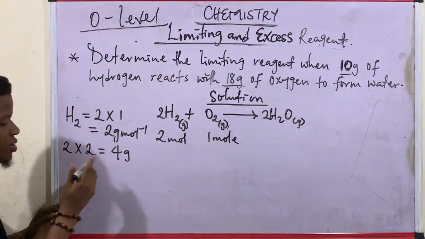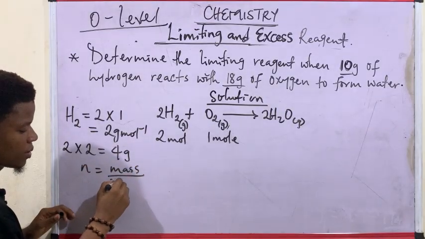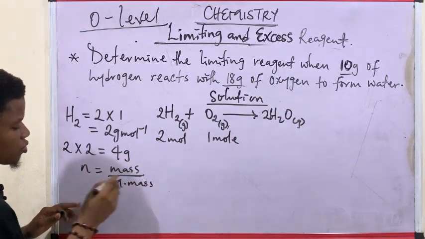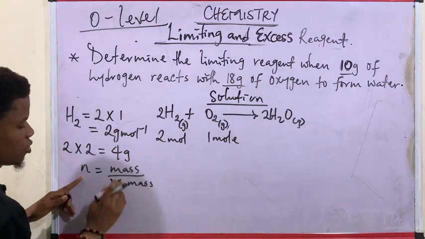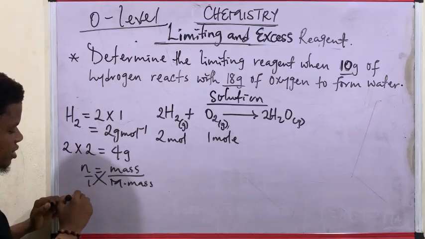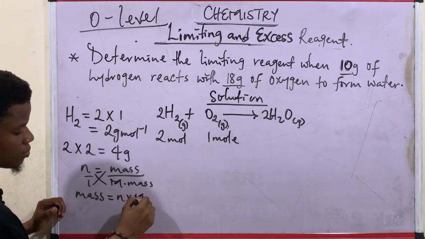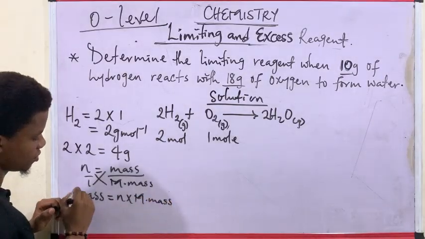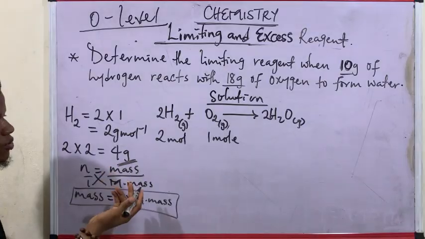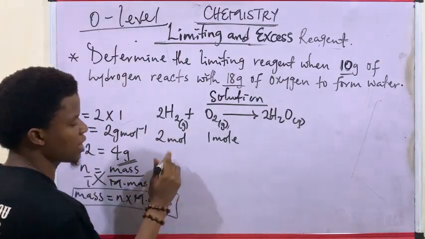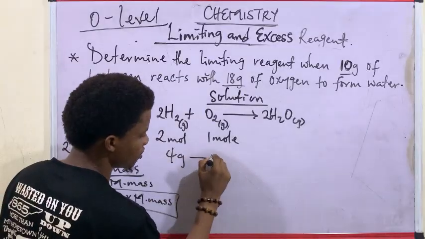How am I sure about this? Use this formula: n is equal to mass over molar mass. The mole is 2, the molecular mass is 2. So if you cross multiply, mass is equal to mole times molecular mass. That is exactly what I did here, and I got 4 gram. So now we can say that 4 gram of hydrogen completely reacted with